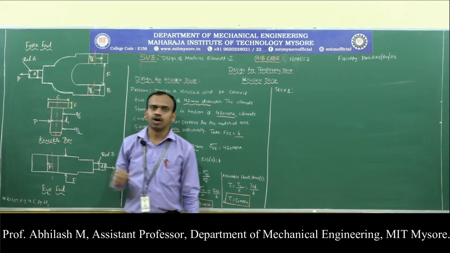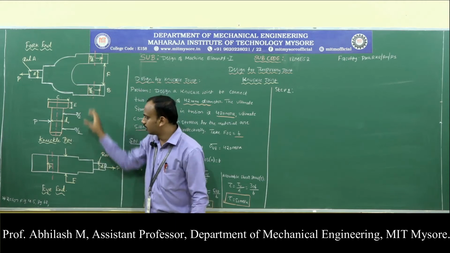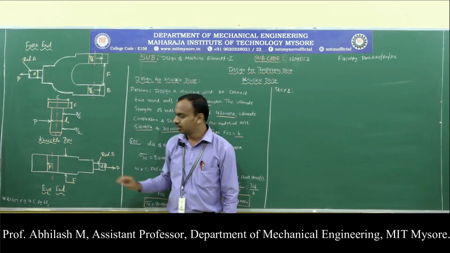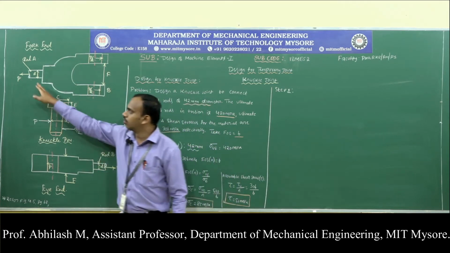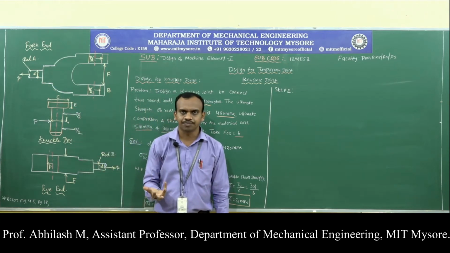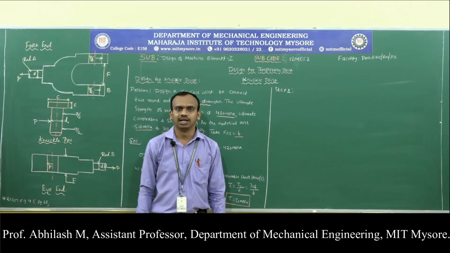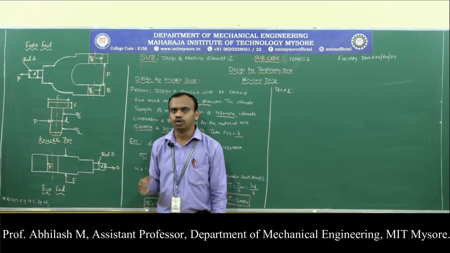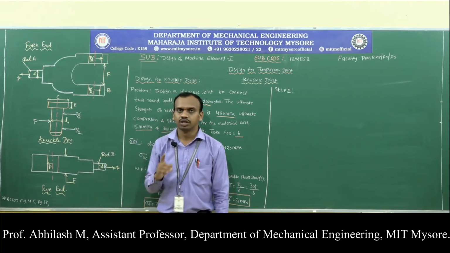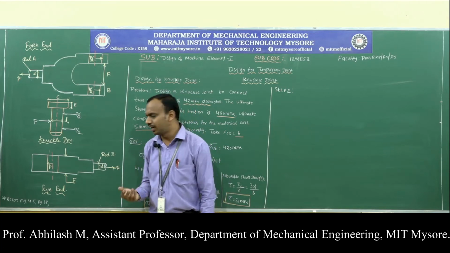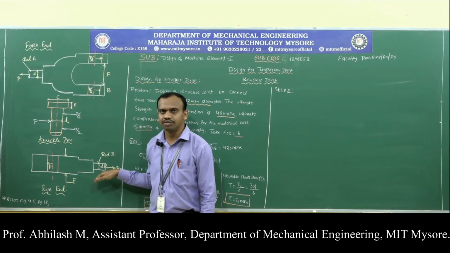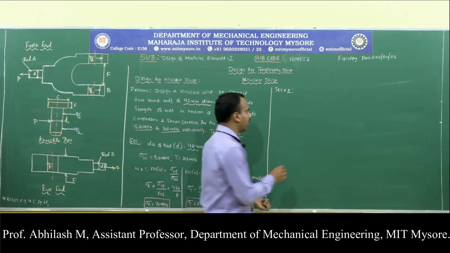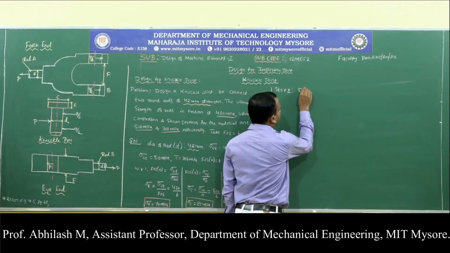Why this particular rod itself? In the entire sketch we can observe that this is where the failure is more likely to occur, or the diameter is of lesser value compared to other parts. So we can expect the failure to be at the rod itself to begin with. So we can state that the first step is to ensure the safety of this rod. So step 1 is the design of the rod.